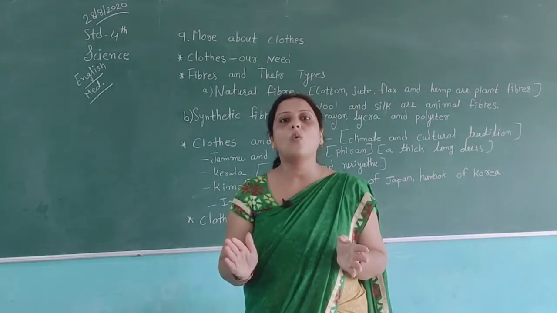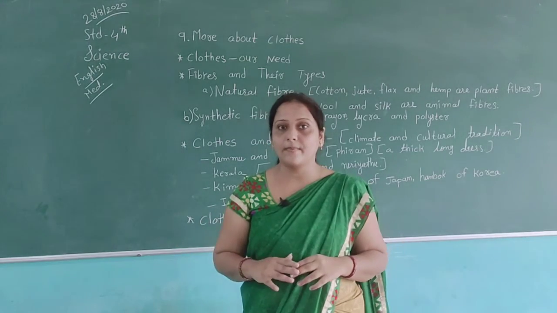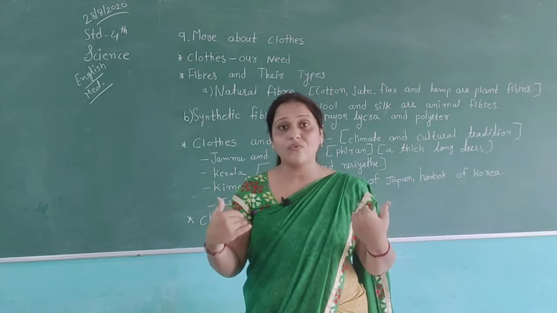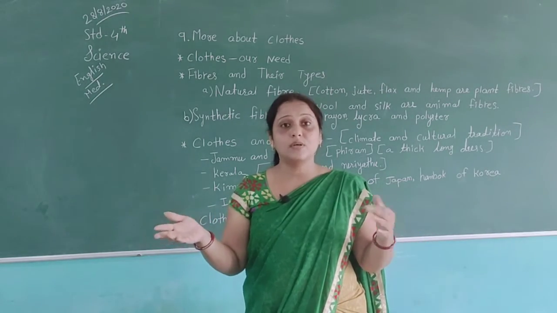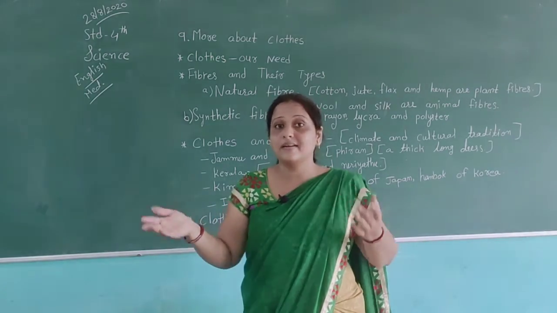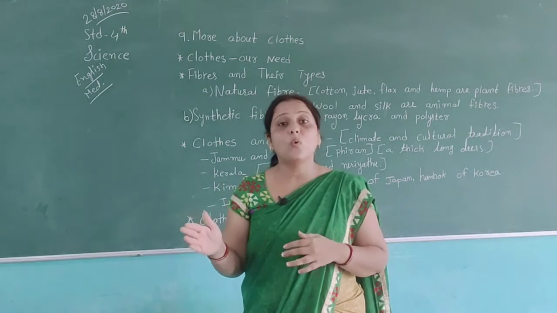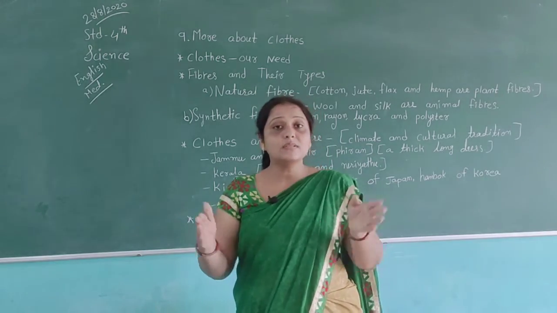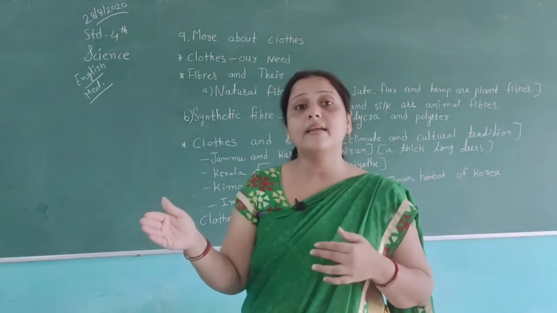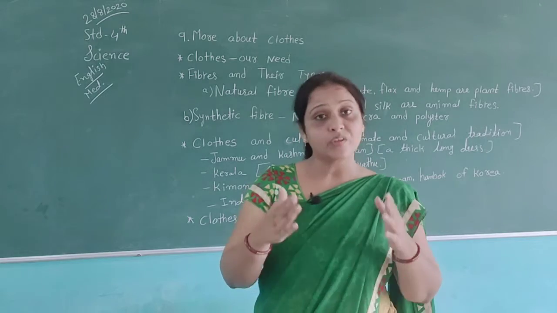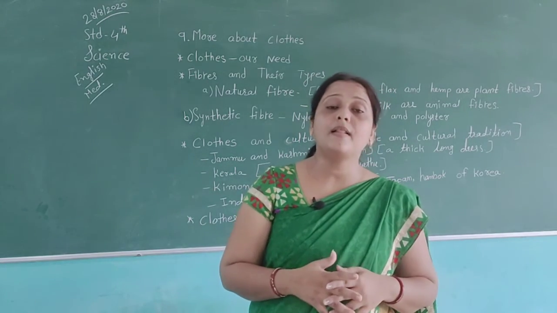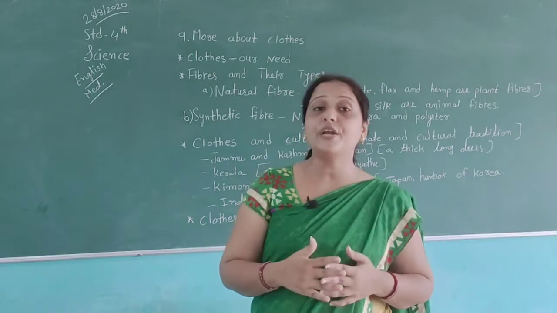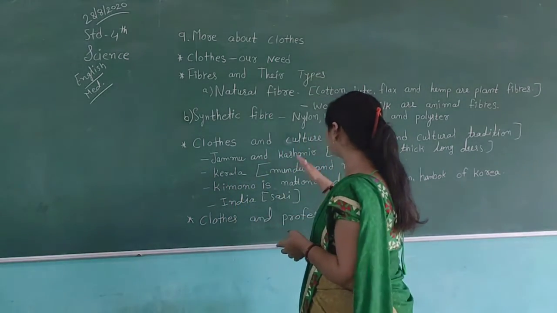If we want to go to any type of function, then we wear different types of clothes according to the function. If there is a death in our family or relations, then we do not go there wearing colorful sarees or modern dress. We go there wearing white or black cloth. Why? Because our need depends on the function also. So all people have different types of clothes according to their functions.